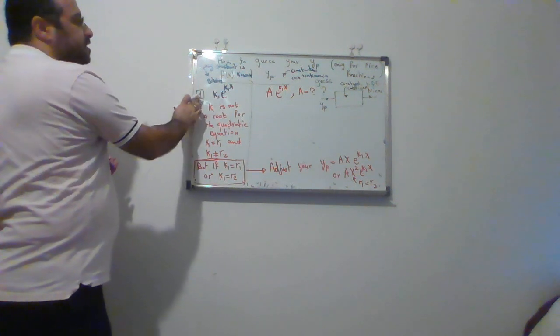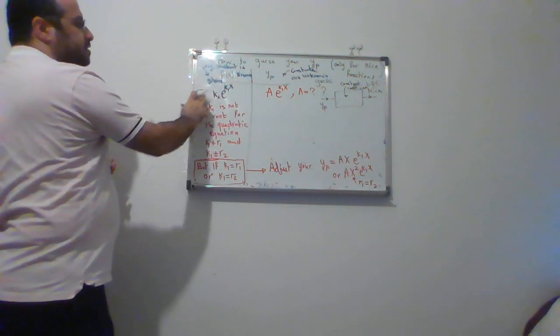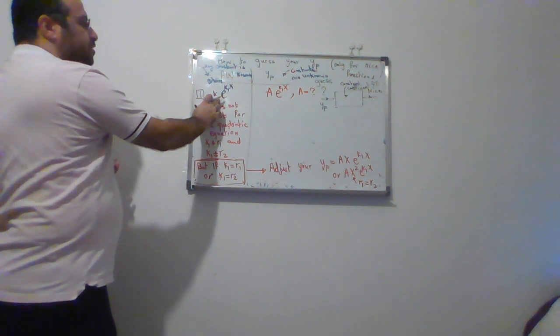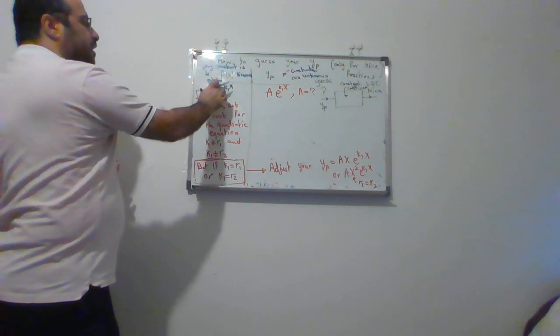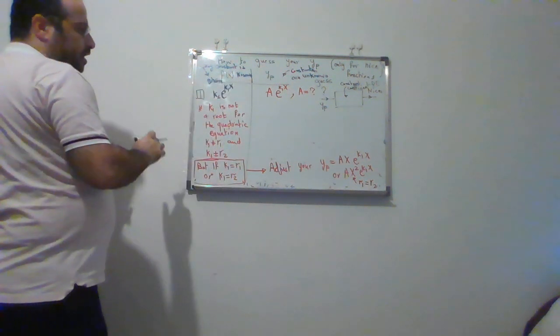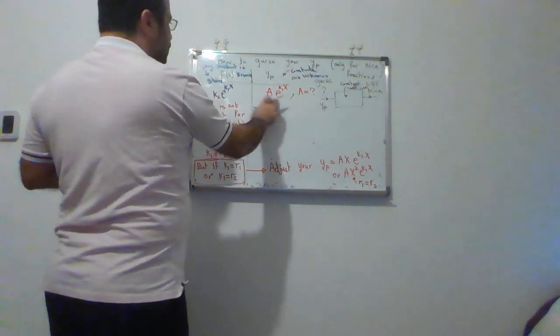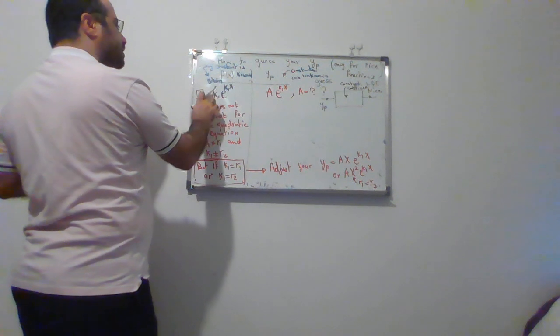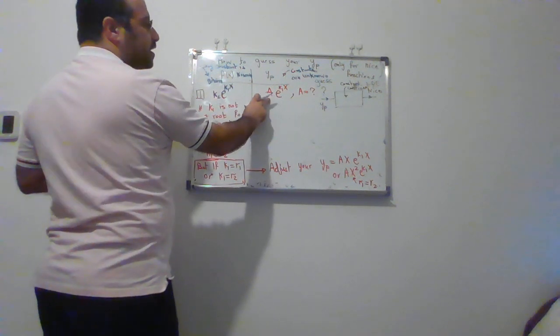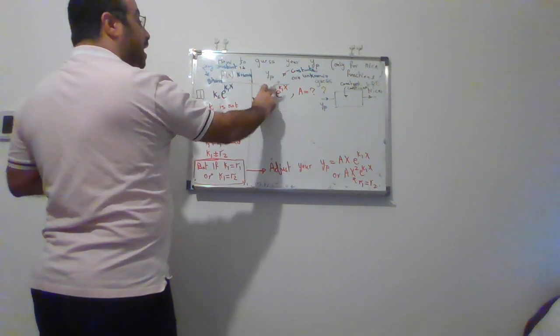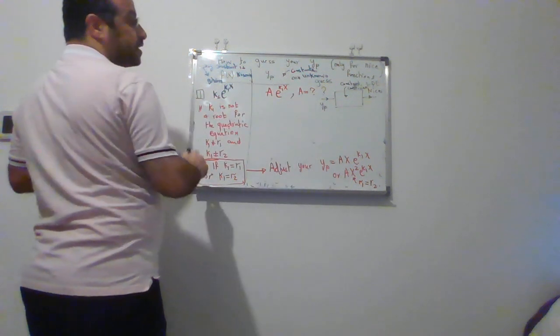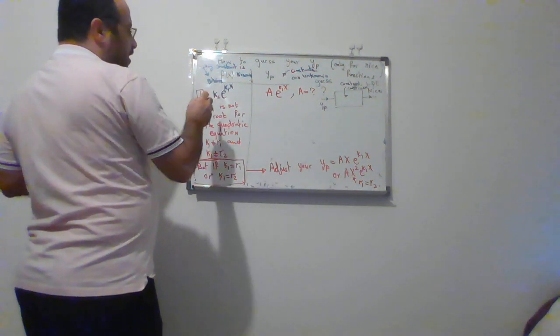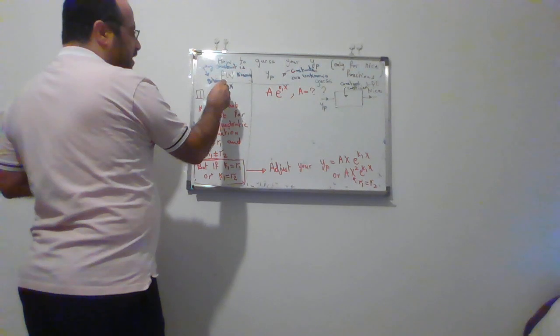So this is the first nice function. It is k2 e power k1x. Now I said this is the good choice. You don't change the exponential, but you change the coefficient. It is a number here. You consider it as a constant that you need to find its value. Now if this constant here, k1,